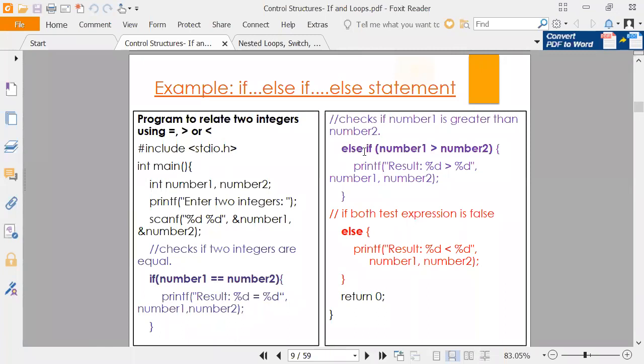Else. Now you have another condition. Now you want to check whether it is greater or smaller. So for that you again have to put one if. So in the bracket now you will be putting the condition where number 1 is greater than number 2. Now if this is true, then this printf will be followed, that this number 1 is greater than number